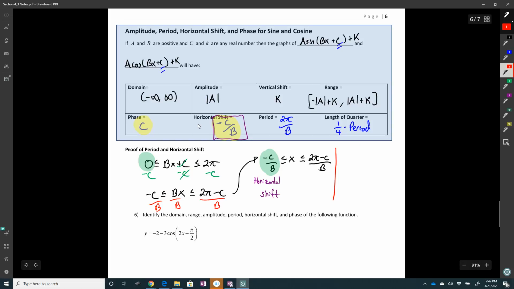So if I do the same thing, I have 0 less than or equal to bx plus c less than or equal to 2 pi. So what a phase is, it's just comparing it to,